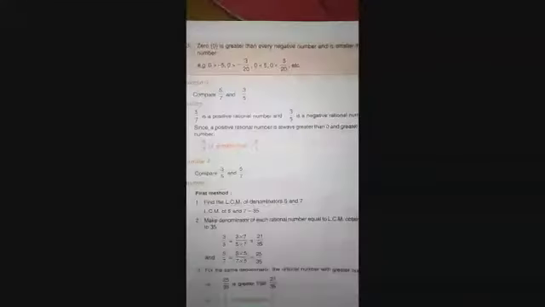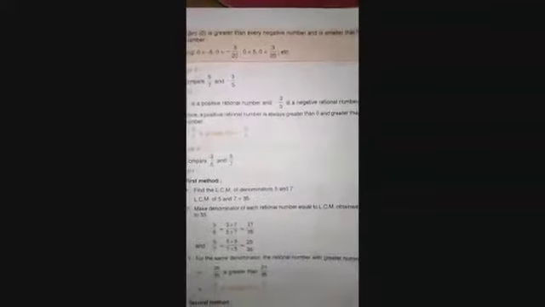And every negative rational number is less than 0 and is also less than every positive number. So suppose 0 is also greater than minus 8, is not it? Because 0 is always greater than the negative numbers, is not it? And if we consider 93, suppose 93 is always greater than minus 8 because it is a positive number, is not it? So every positive number is greater than 0 and it is also greater than the negative rational numbers, and the negative rational numbers are always less than 0 and also less than the positive rational numbers. Okay. What about 0?